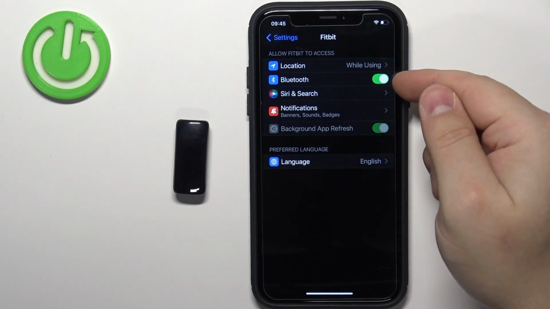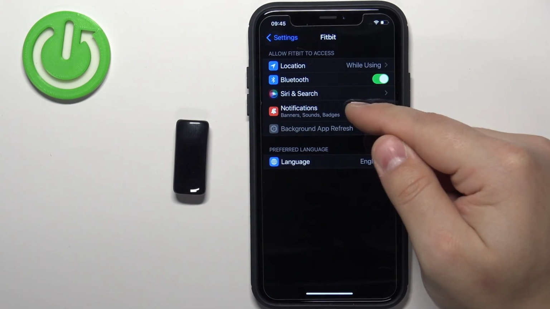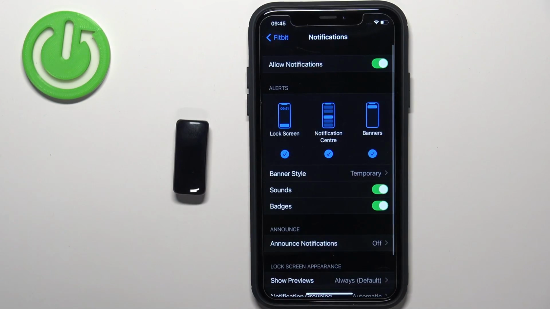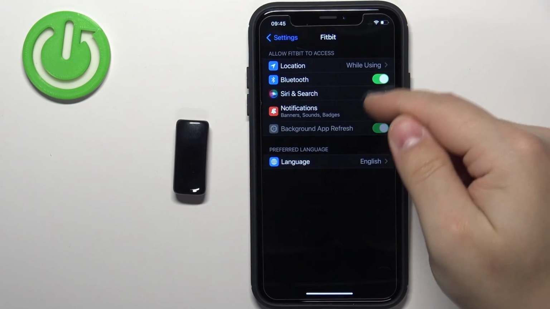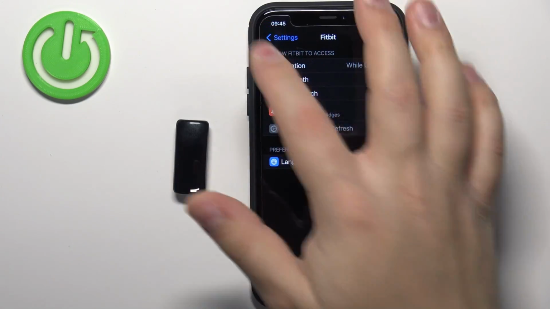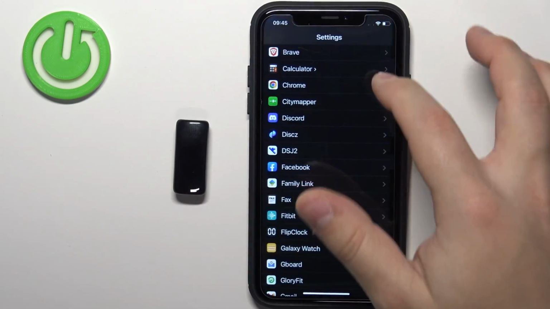Now, make sure that the Bluetooth option is enabled. Also tap on notifications, and here make sure that the allow notifications is enabled. So once you enable the Bluetooth and notifications for the Fitbit application, go back to the settings, scroll all the way